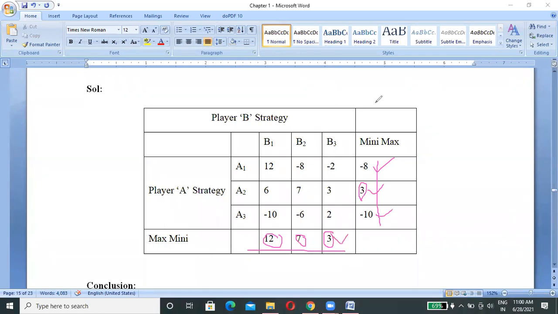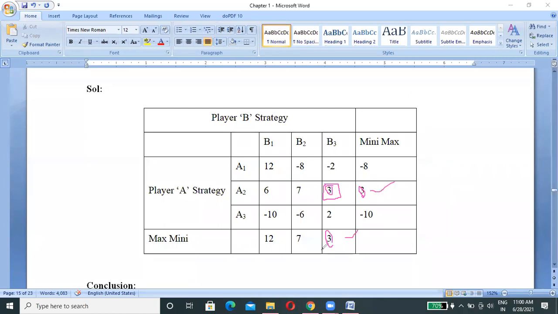Column wise or row wise, the same number we got, that is 3. With this we completed this problem. In this way you have to identify the saddle point. Saddle point is here. See, I am doing a circle first. The next one is here, a square. The same number I am doing with a circle as well as a square. This is the saddle point here.